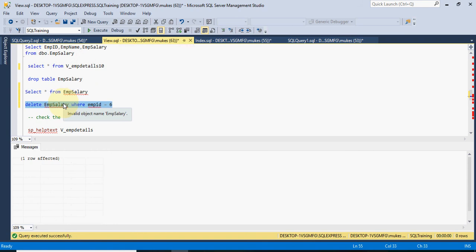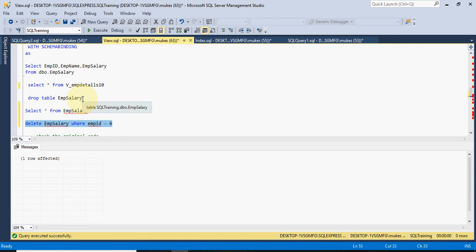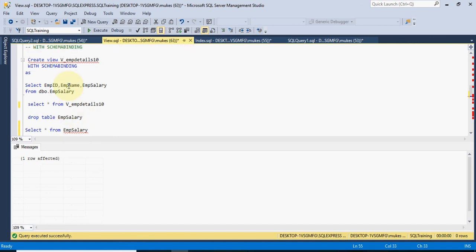You can use delete. What is the meaning of a schema? DBO is the schema. So what is a schema?